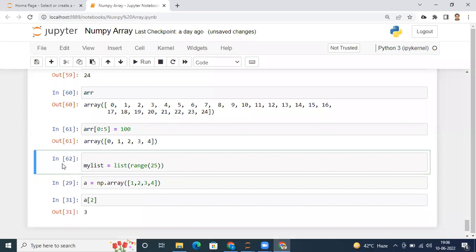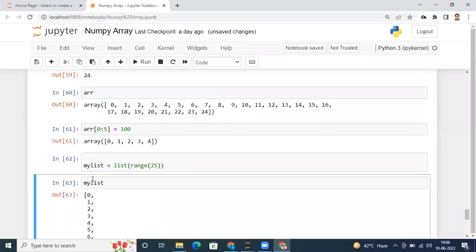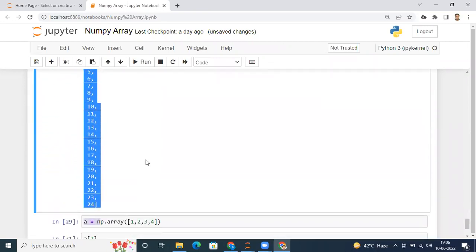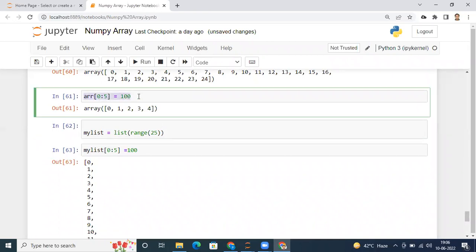Execute. Done. Let me check my list. Okay, it's a list having elements from 0 to 24. Same thing, let me do here on my list, 0:5, and I'm assigning 100 here, and here I'm also assigning 100. You will see that your array will support that